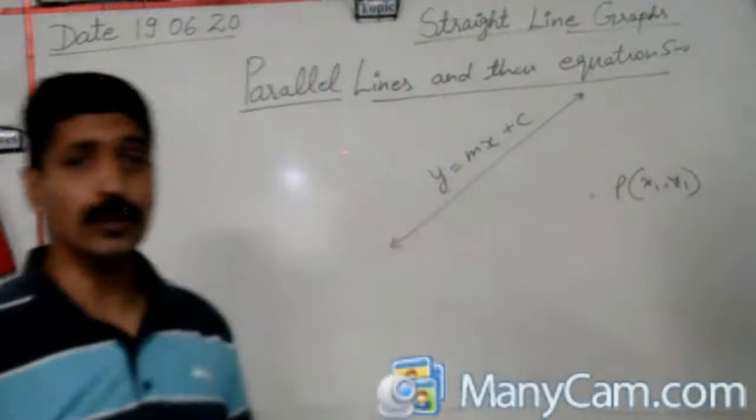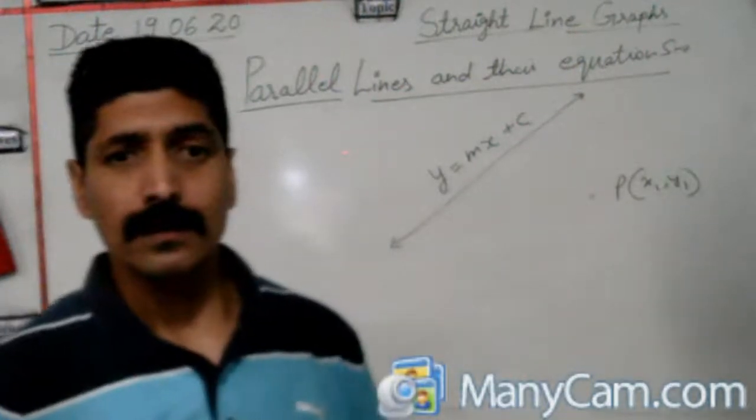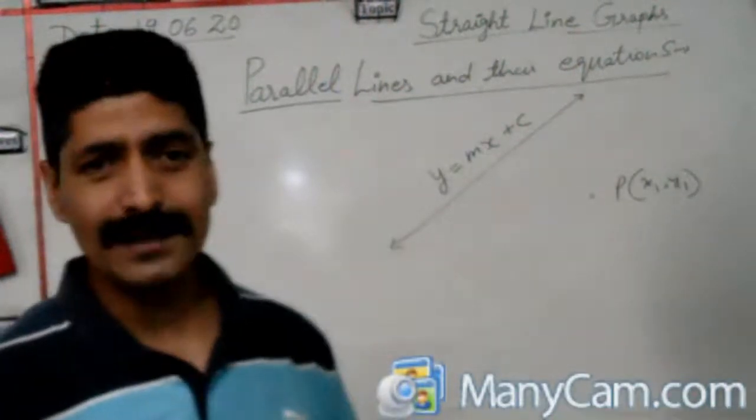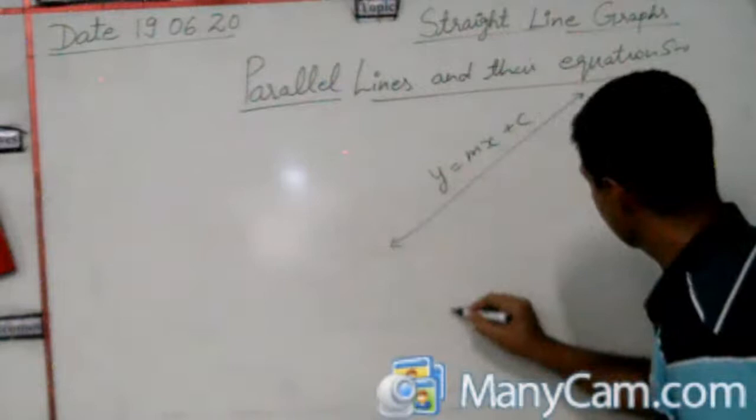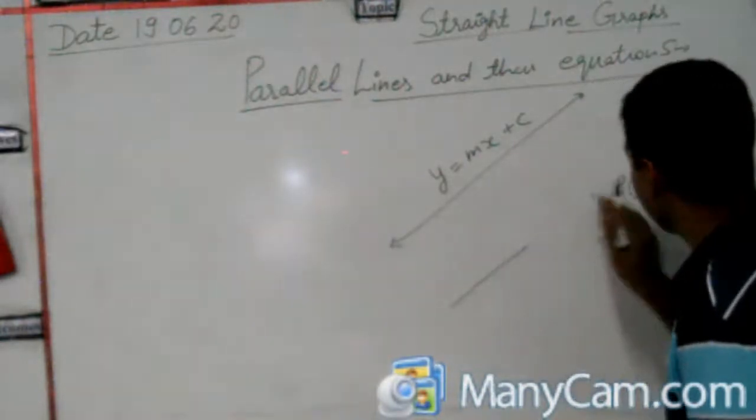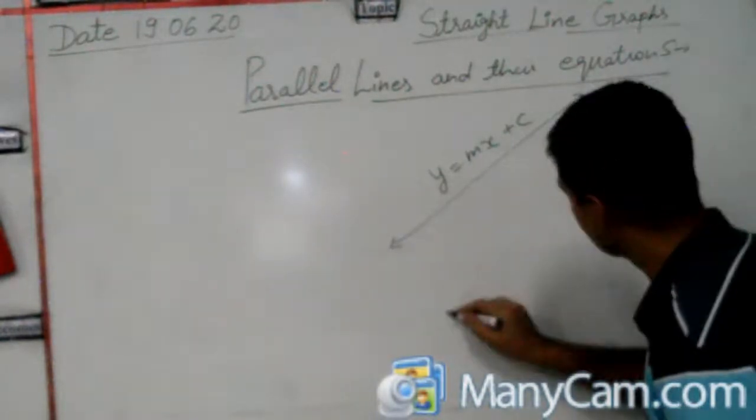Now we want to draw one line parallel, so there will be only and only one line which is parallel to the given line and passing through